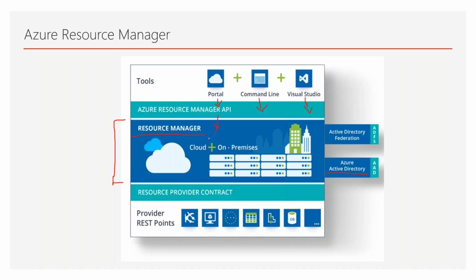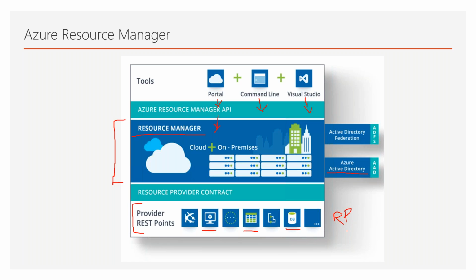Now, once resource manager does the authentication and authorization, then it is going to contact these different services. Let me just stop here and tell you what these different services are. We have VMs, we have storage accounts, we have Azure SQL databases. All these are called different services. Initially I told you that these services are also called resource providers, right? So all these are different resource providers.